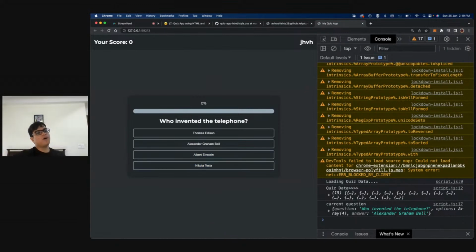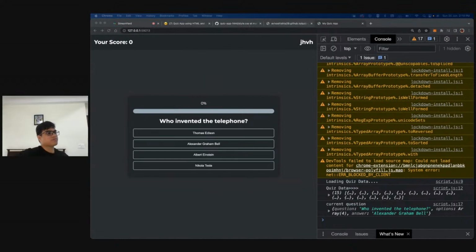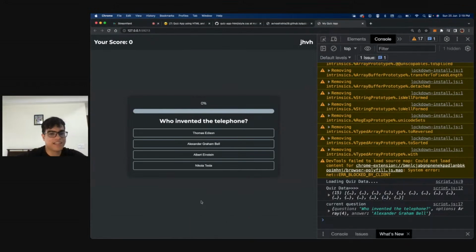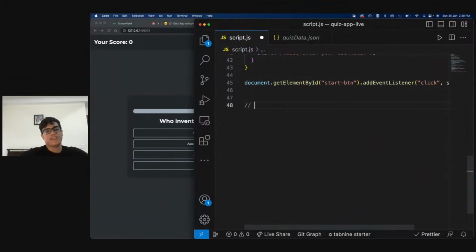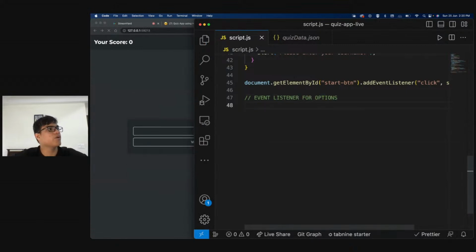So now basically, what do we need to do? We need to make a function which will take care of the fact that one of these options is getting clicked, right? So now basically I'll be creating a for loop. Okay, and I'll tell you again why I'm creating that for loop, right? So out of all this, I'll have a for loop, and this part is basically to add event listeners for the options. So, all right, we are adding an event listener for our options.